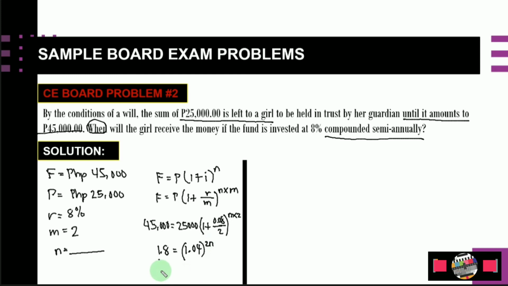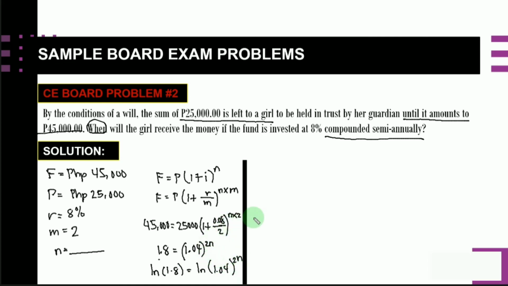Okay, so I think you can calculate this one using your calculator now. And if you are going to solve this one manually, so you are going to use the natural logarithm, but I think you can directly solve this one using your calculator. So just for the case of calculation, we have to apply it just in case lang. So if you are going to apply natural logarithm, so we have this ln of 1.8 equals to ln of your 1.04 raised now to the 2n. Okay, and then afterwards ato na ma-solve ang atong n ani, which is just simply equal now to 7.49